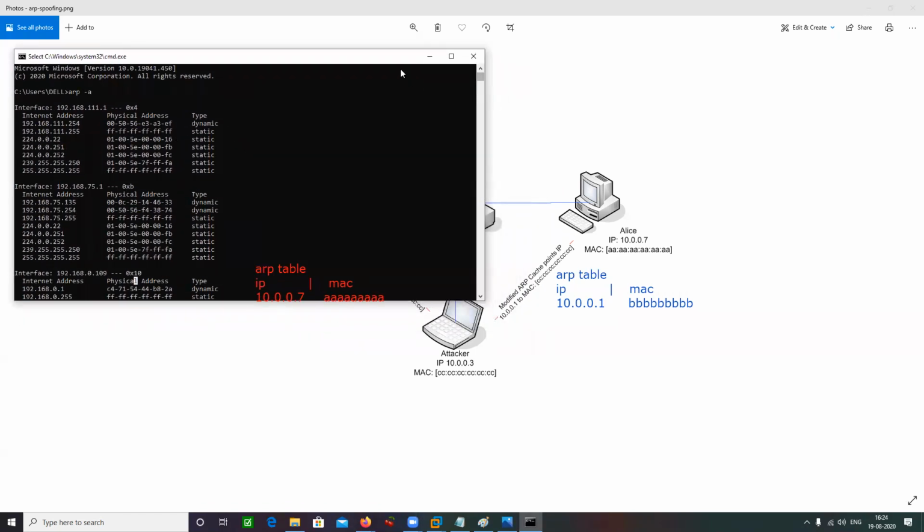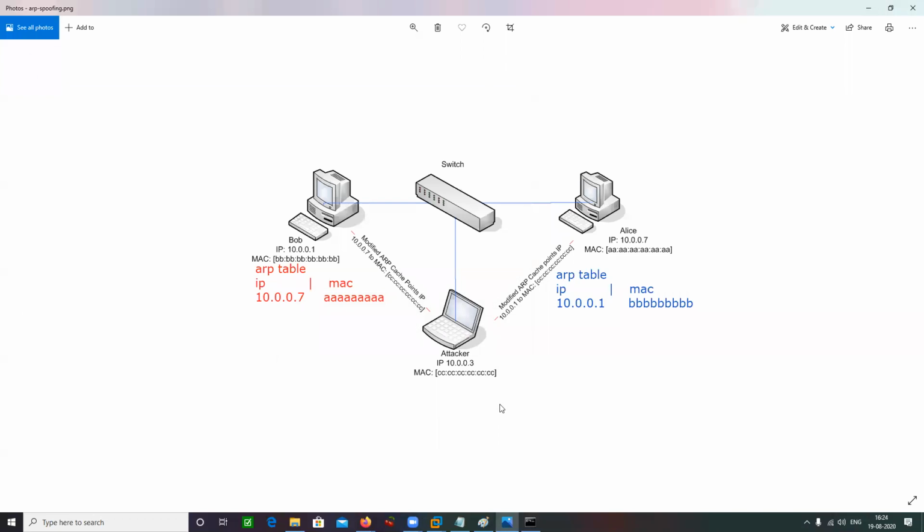Now what the attacker is going to do here is send fake ARP replies to both of these machines. The attacker is going to say to Bob that this IP address, 10.0.0.7, has a different MAC address, that is CCCCC.